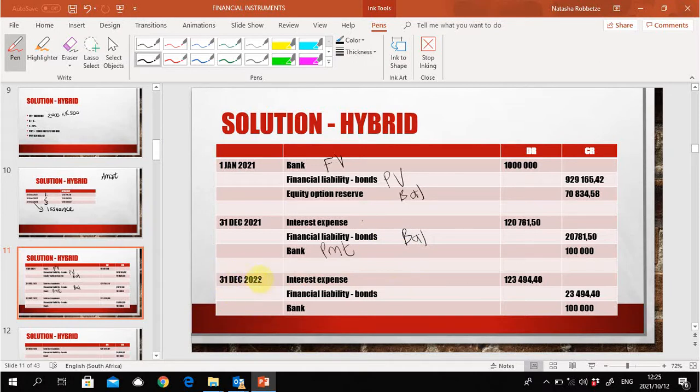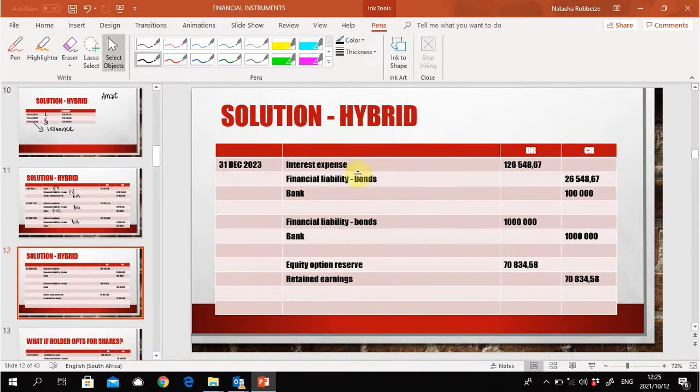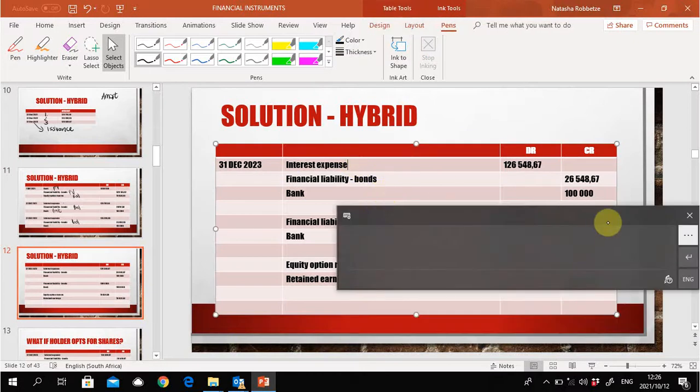Then we do this calculation again. On 31st December 2022, there is an interest expense. This is again my amort 2. Bank is the payment that I've typed into my calculator. And again, I have a balancing figure here. This is a good example of what happens when the financial years coincide. This means that the financial year of the company and the financial year of the issuance maturity date are the same. For the last year, we will then book our interest again.